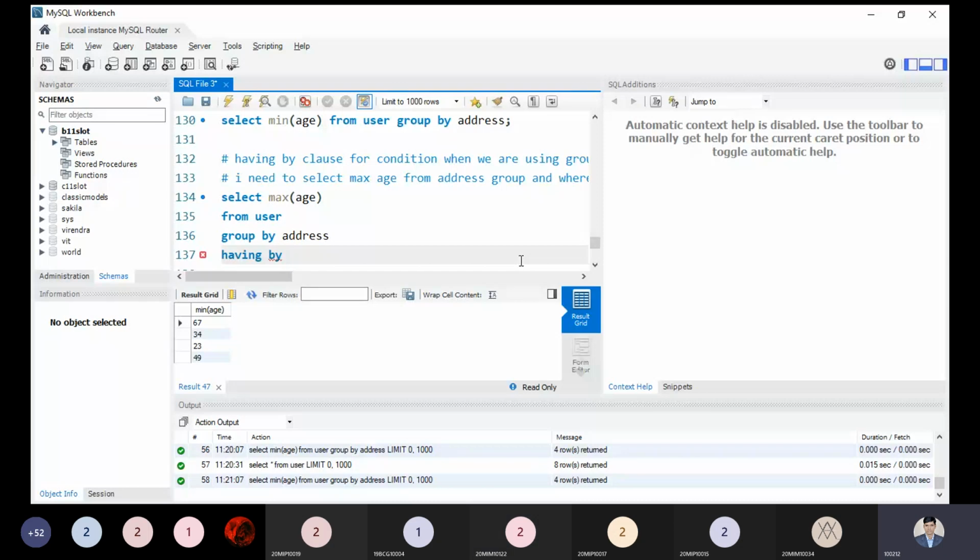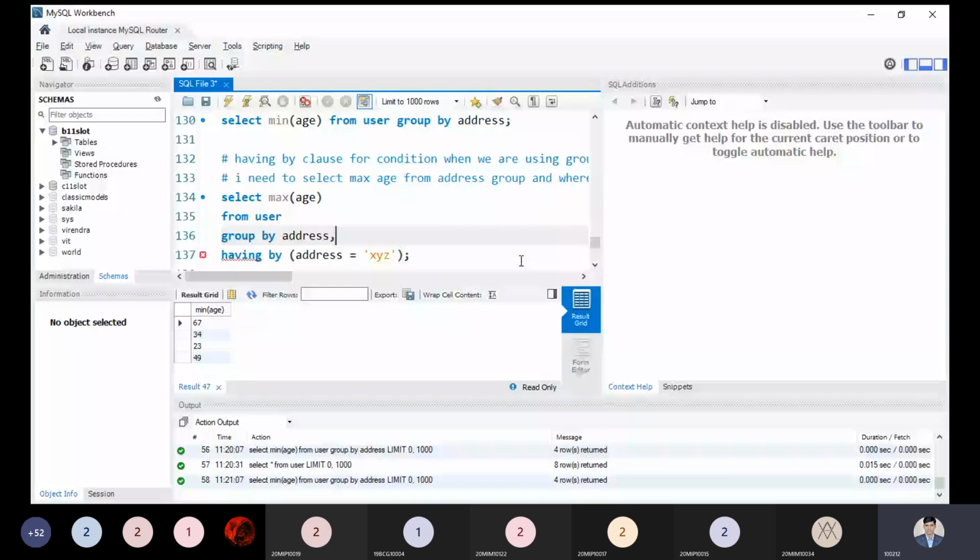You can put the condition where address is equal to XYZ, and I think it should be inside the bracket. We are getting an error saying there should be a comma.